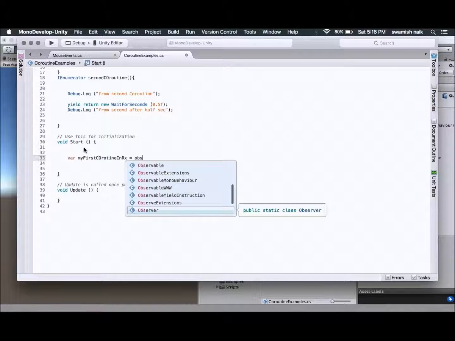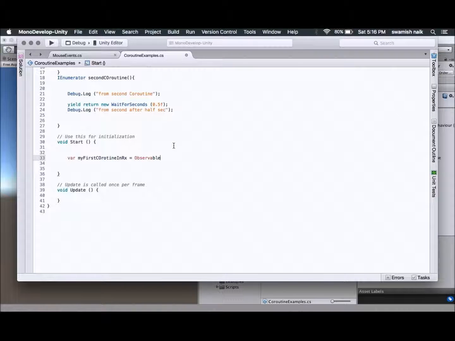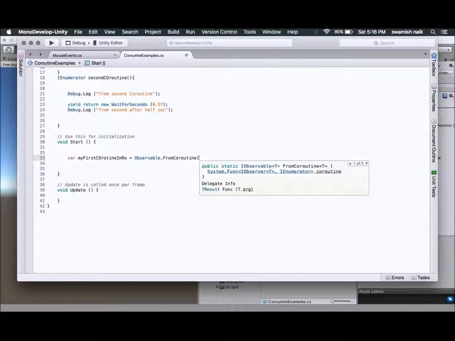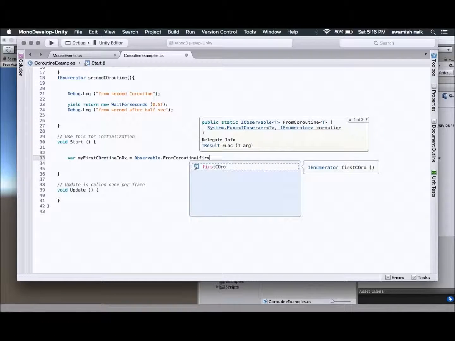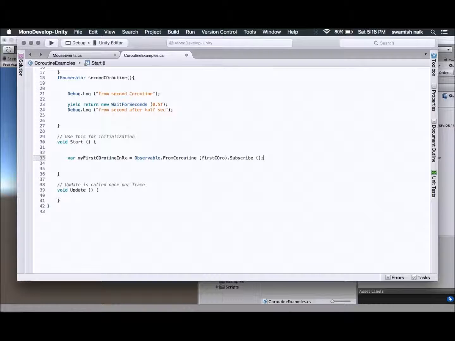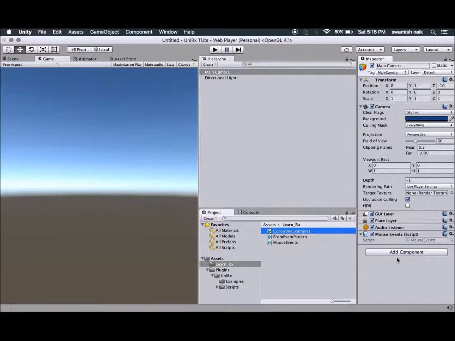Observable, we need to use Observable.FromCoroutine. That is, from coroutine we need to run our observable. So let's pass our coroutine name, first coro, and then we need to use Subscribe to start it, else it will not start the coroutine. Let's run this code. I will attach this script to the main camera.